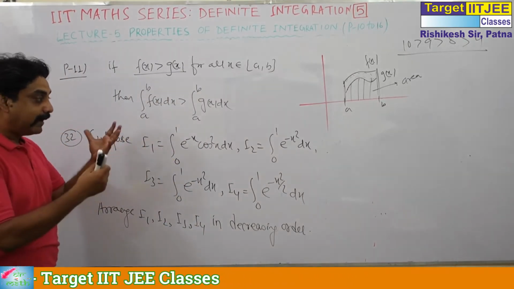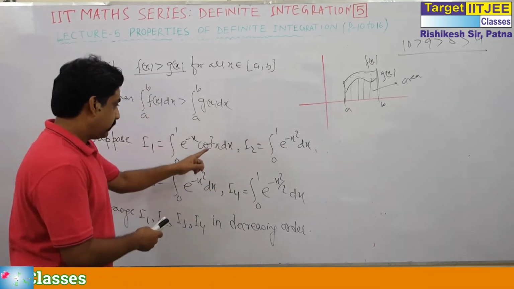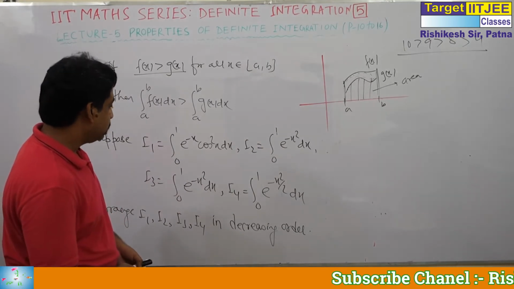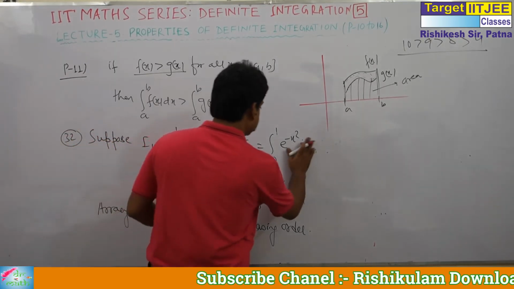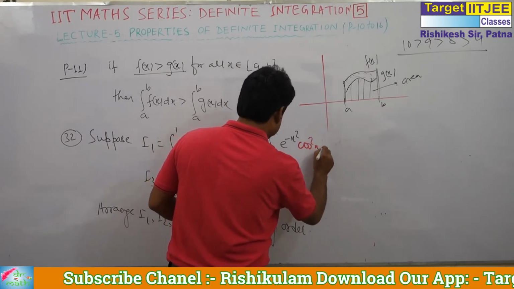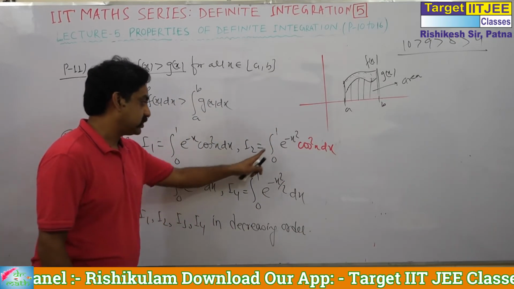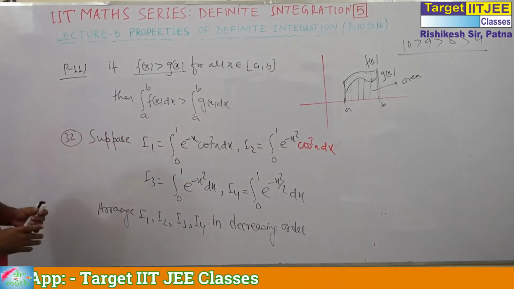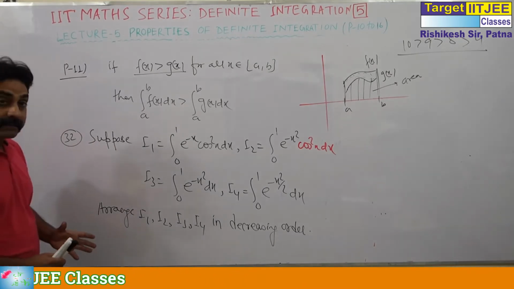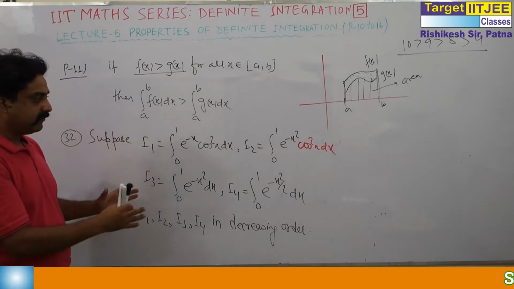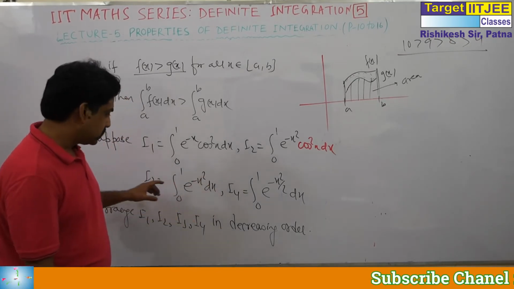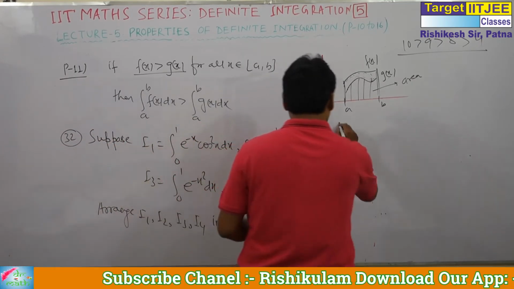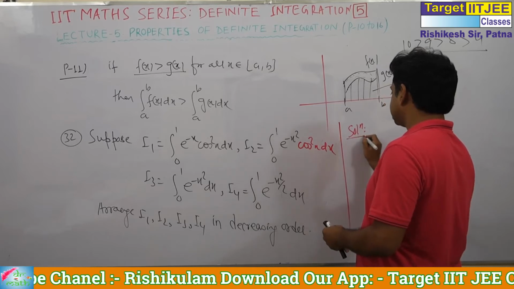So what do we have to do? We have to compare which one is greater. Which one is greater, this or this? I think I have written it wrong. No, there should be a cos square x dx, or otherwise we cannot make a distinction between this and this. This is correct, cos square x dx. So we have to compare the functions. The function which is greater, its integral is greater because all are in 0 to 1. So see the solution, see the logic. Actually, the solution is logic.